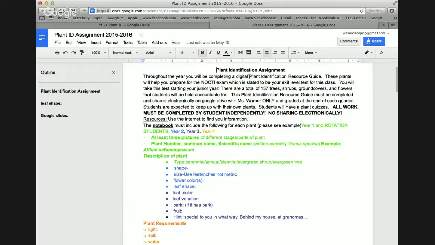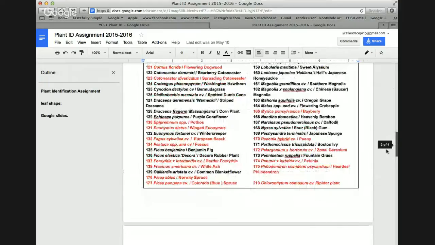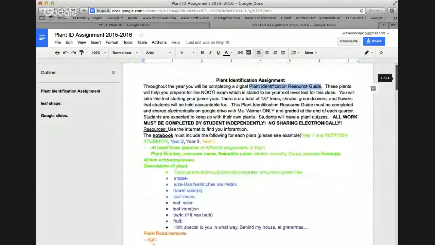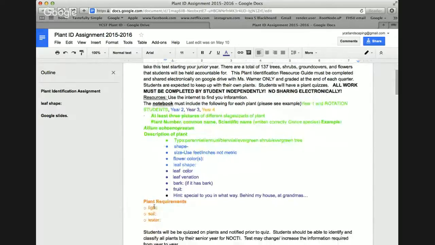You have already had this document shared with you, your plant identification assignment, and this explains your resource guide. You're going to have a plant list, which is on this document down below here, of 130 some plants, and throughout your 4 years in the program you will be researching them, and you will see the information that you will be collecting year 1 in the green, year 2 in the blue, year 3 in the purple, and year 4 in the